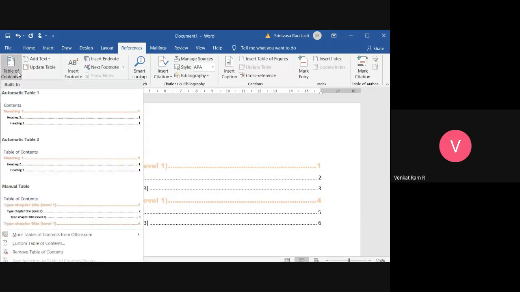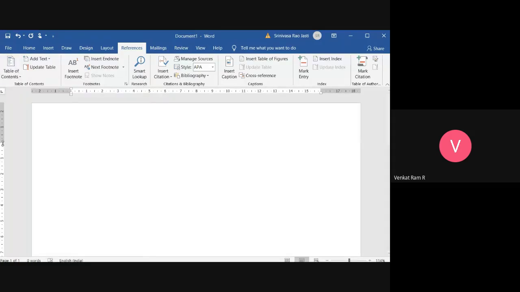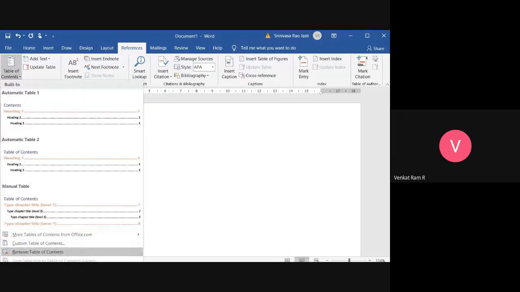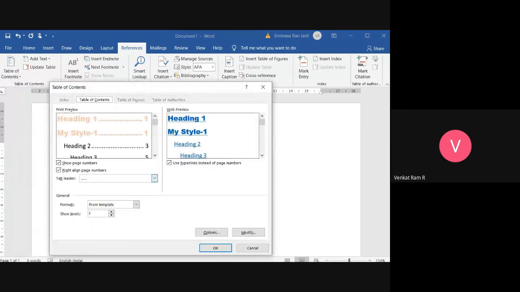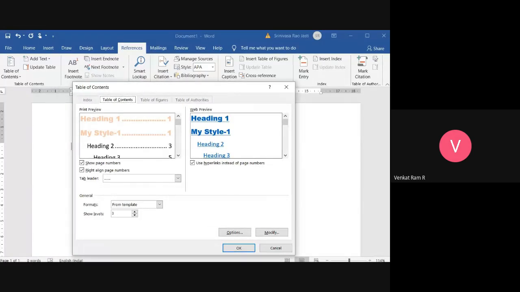And next, one more is we can remove this table of contents using the option called remove table of contents. So instead of deleting one by one, we can delete it as a whole. Next, custom table of contents is there. Okay, see here, show levels. These levels are for headings, like main heading, subheading, and one more subtopic. The first level is the main heading, the second is next to the main heading, and the third comes after the topic.